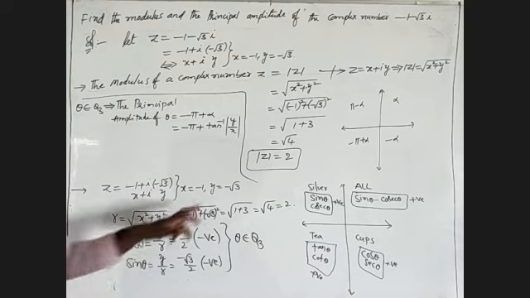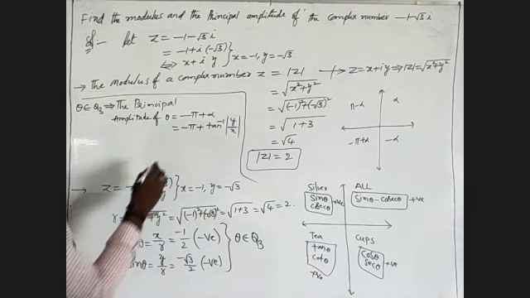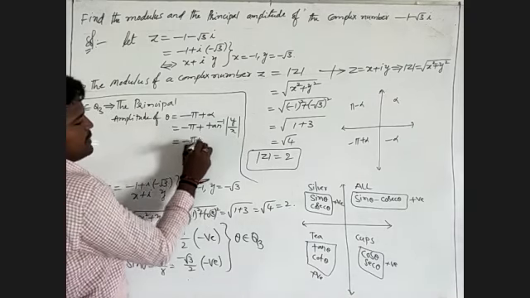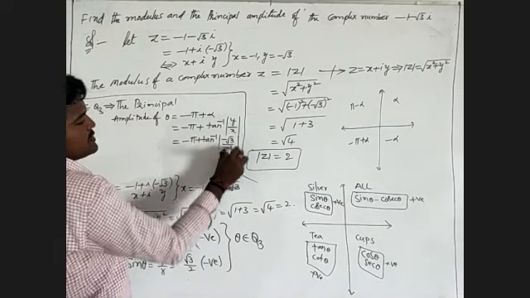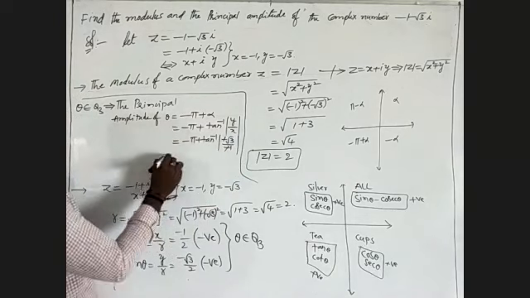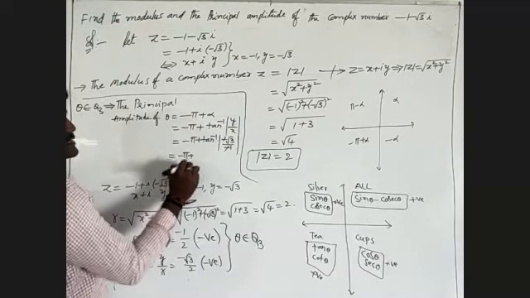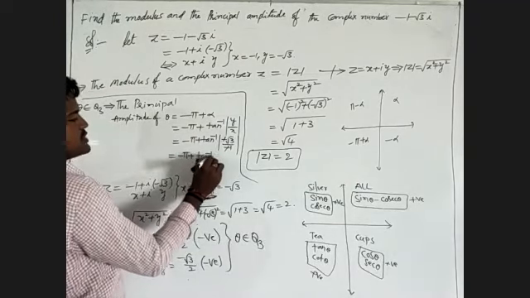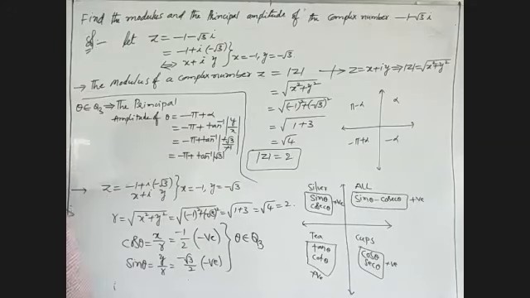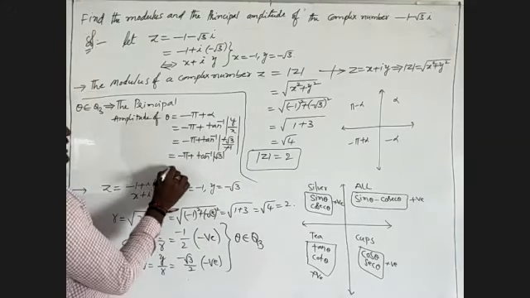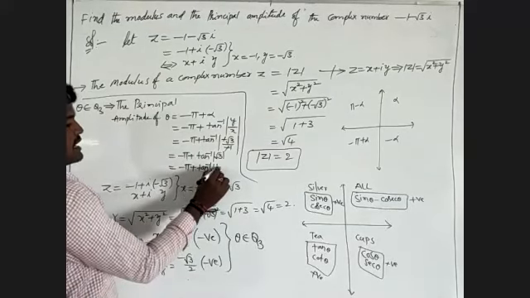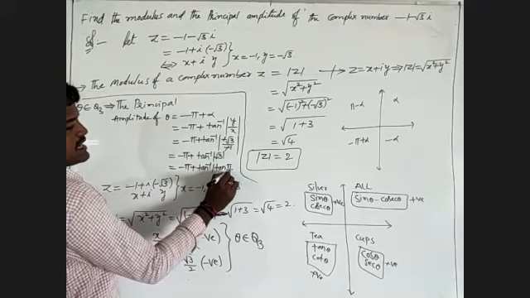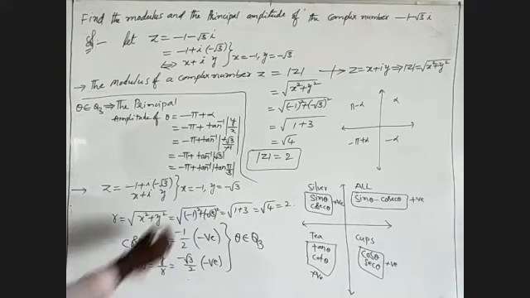We have to write their y value and x value. That means minus pi plus tan inverse minus root 3 by minus 1 we will write. Minus and minus will be cancelled. Remaining is minus pi plus tan inverse root 3. Tan inverse root 3 is minus pi plus tan inverse tan 60 degrees. 60 degrees is nothing but pi by 3.